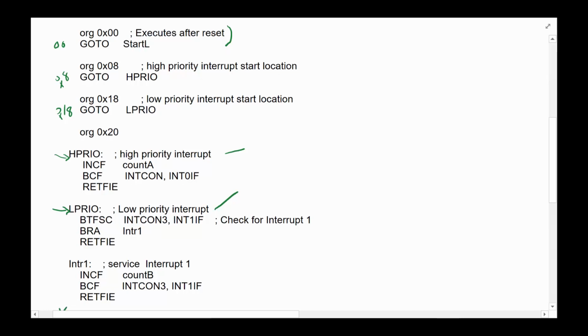And all it's doing, so this is rather simple, for the high priority, is increment count A and clear the flag. If you do not clear the flag, this interrupt will never occur again. And then you do not jump back to your main code. Remember, when the main code got interrupted, the address of the next instruction was pushed on the stack. So when you do a return from interrupt, it pulls that location off the stack and goes to it